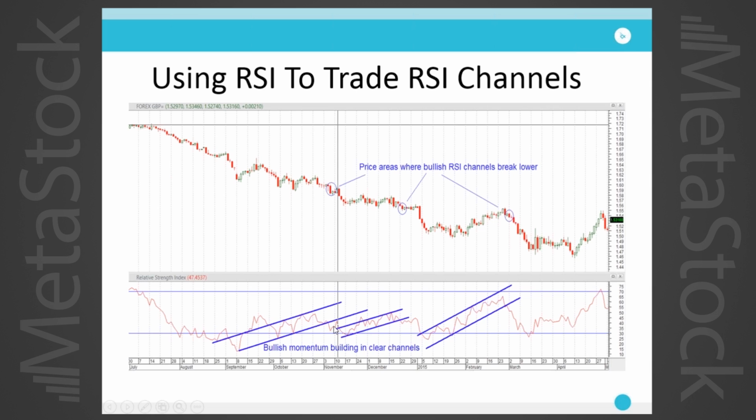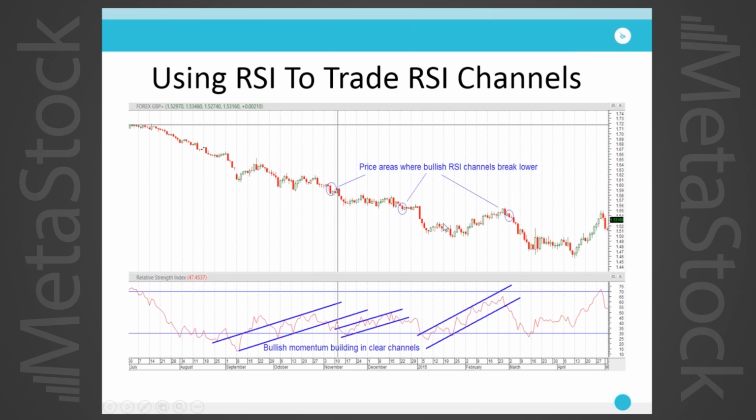Now again, we can see that after we break down through that rising RSI channel, we then start to build another channel again. So we reach oversold readings again on the RSI indicator, and we then start to bounce higher, showing that once again bullish momentum is building. Once again, buyers are trying to drive price back up, but once more we see the rising trend line concede, momentum turns lower again, and as it does so, price follows suit,